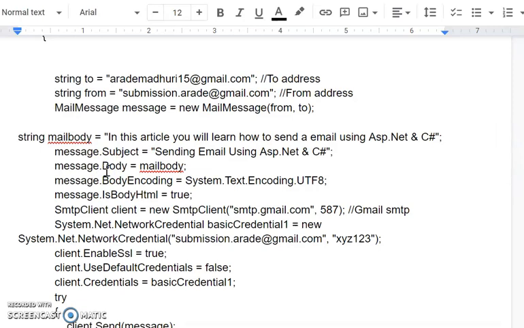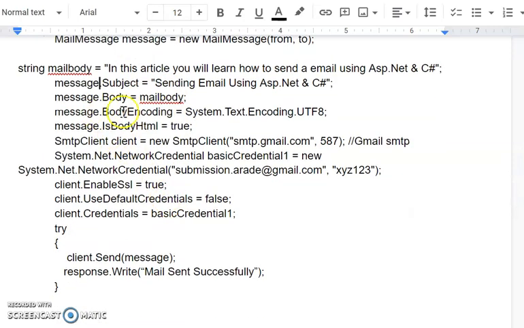Another way is that you can take a text box, and with the help of that you can take the user's message into that particular text box, and you can set it into message.Subject or message.Body parameters. So here, string mailBody. Message is an object of whom? An object of this MailMessage. So message.Subject, assign the subject for message.Subject. Then message.Body, now the mail body. Here you can also specify this content directly.